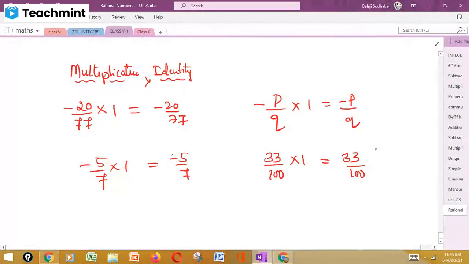There is one more concept. What is the reciprocal of 1? One, sir. The reciprocal of 1 is 1. The reciprocal of 2 is 1 by 2. The reciprocal of 1 is always 1. Okay? Yes, sir. Fine.